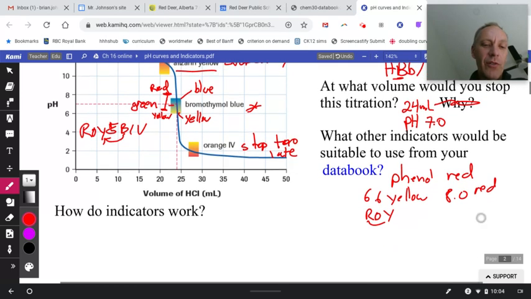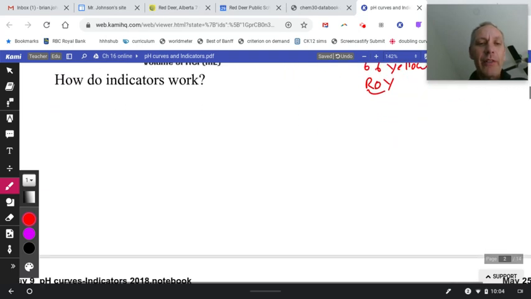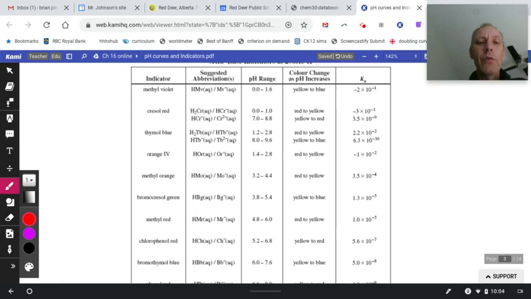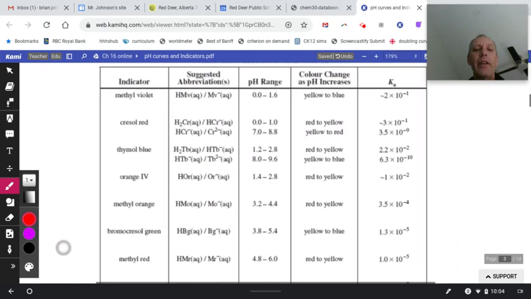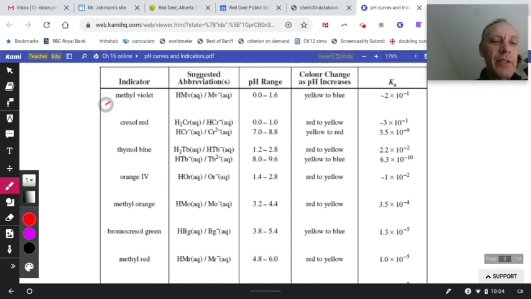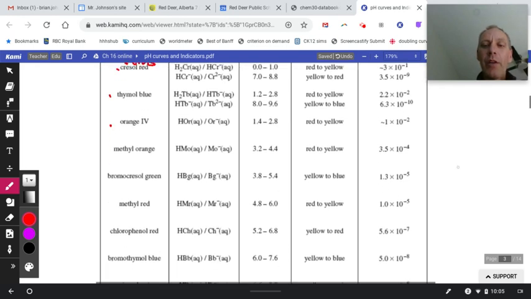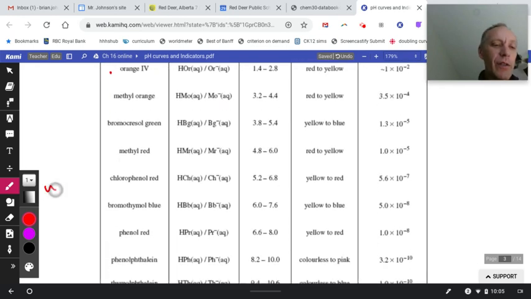How do indicators work? Well, that's what we're going to look at next. Okay, so you've got a list of indicators in your data book. It is a table of relative strengths, and it is in order. This is the strongest acid. Wow, these things are acids? Yes, they are. They have Ka values. So methyl violet is the strongest, and then cresol red, thymol blue, orange 4. We can keep going down. They're getting weaker,